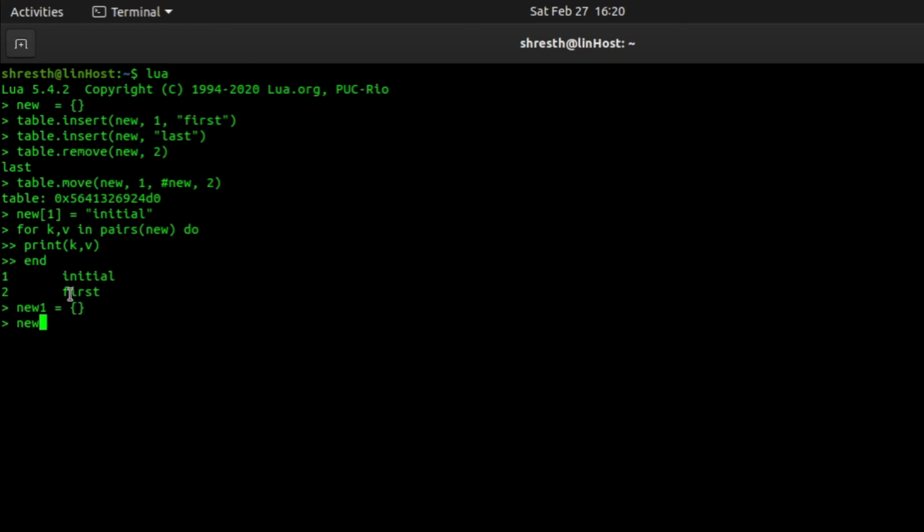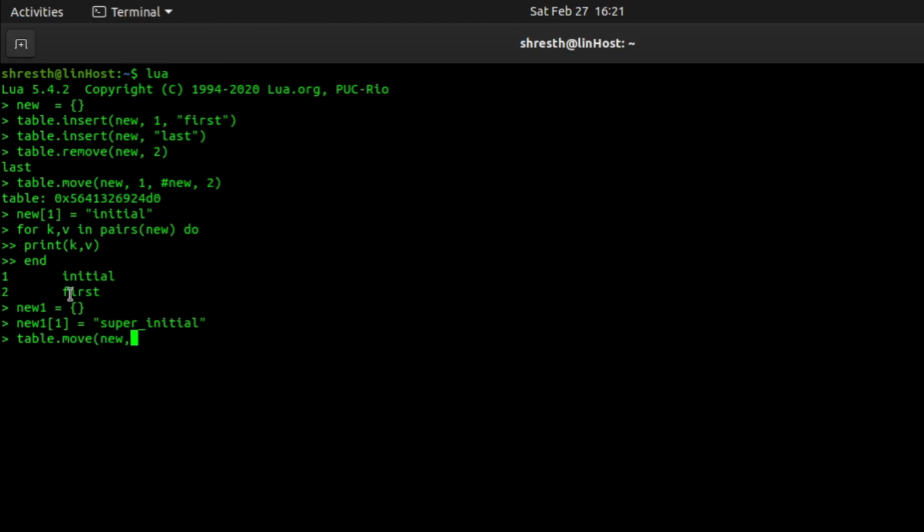In new1, the first element I gave is super initial. So now I'll call this table.move function again to show you what I mean.